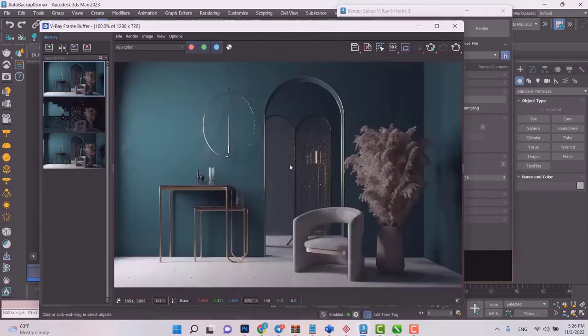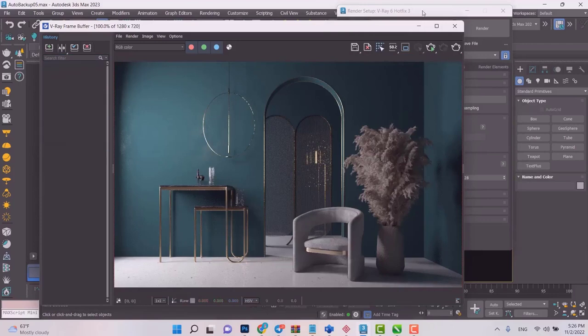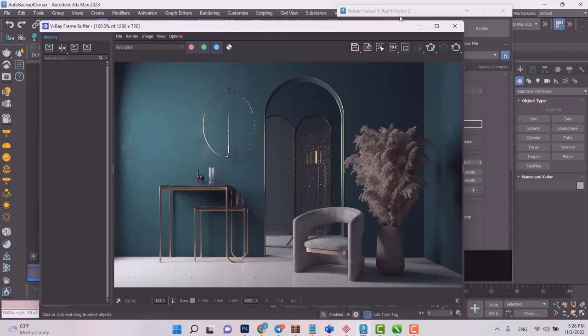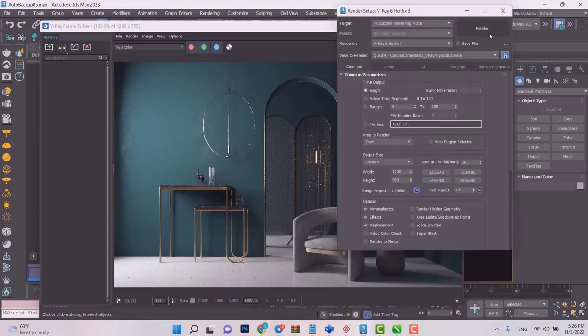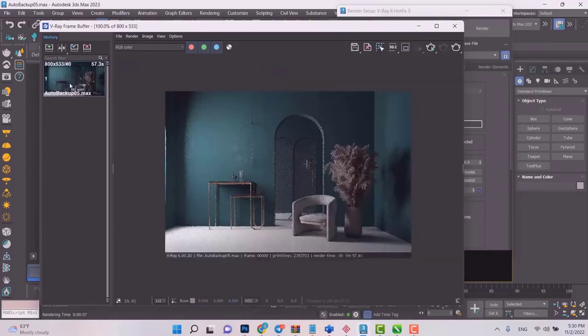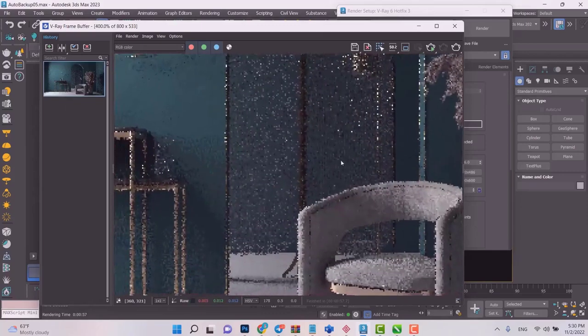Now, regardless of how complicated the part of my scene is, one sample will be collected at all times in all the parts, and I'm going to have a very quick render which is going to be pixelated and not high quality at all. Let's just do that together. So I'm going to click on render, and let's just notice how long it takes for that to finish. And we're going to see, so 57 seconds, pretty fast, but you can see the results.